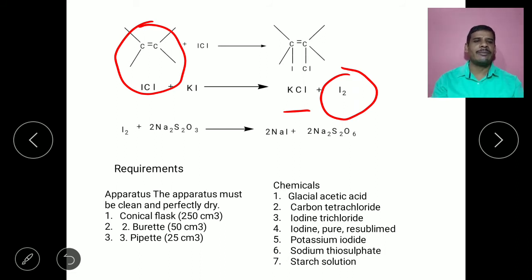See the chemicals: first is glacial acetic acid, second carbon tetrachloride, then iodine trichloride, then pure iodine, then potassium iodide, sodium thiosulfate, and starch is used as an indicator for these reactions. These are the normal chemicals required for this reaction, as well as the oil and fat samples required for